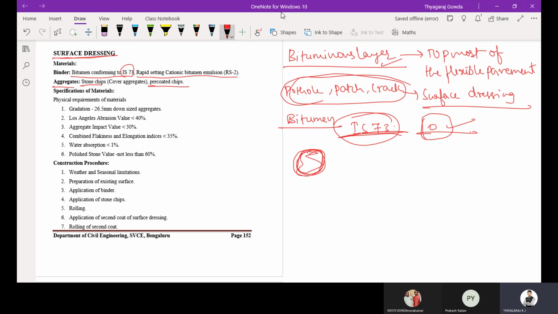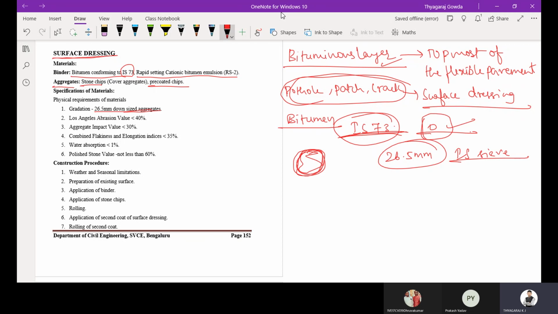Then what are the physical requirements? These are the specifications of materials we require for surface dressing. Aggregate gradation: the aggregates passing 26.5 mm and downsized aggregates. We can use these aggregates as material for the surface dressing.